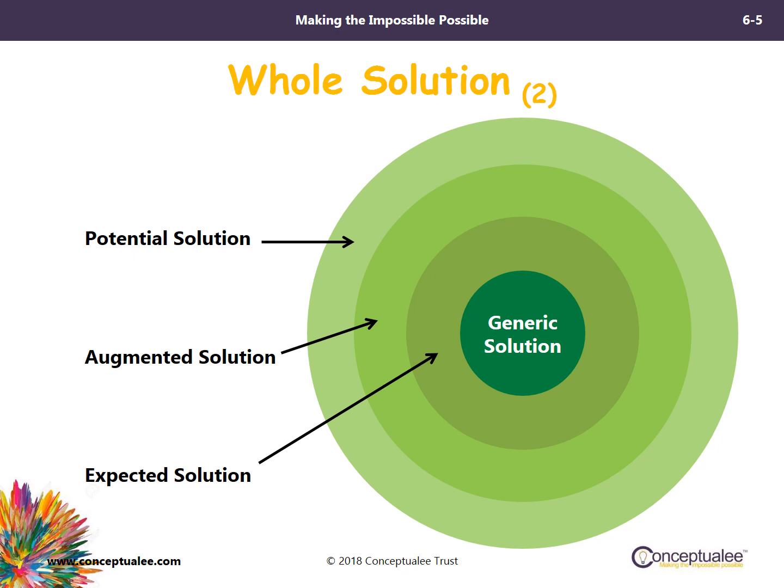Okay, so one of the simple strategies is to focus on getting the generic solution in first, because that is the level at which you're pretty sure that customers will buy your product. Then in stages, you can continue to release versions of the product that comprise the expected solution, then the augmented solution, and then the potential solution. This diagram represents versions of a solution that can be released over time by moving from a generic solution again to a potential one. You offer the core product first, then you add one or several items, and keep it going.